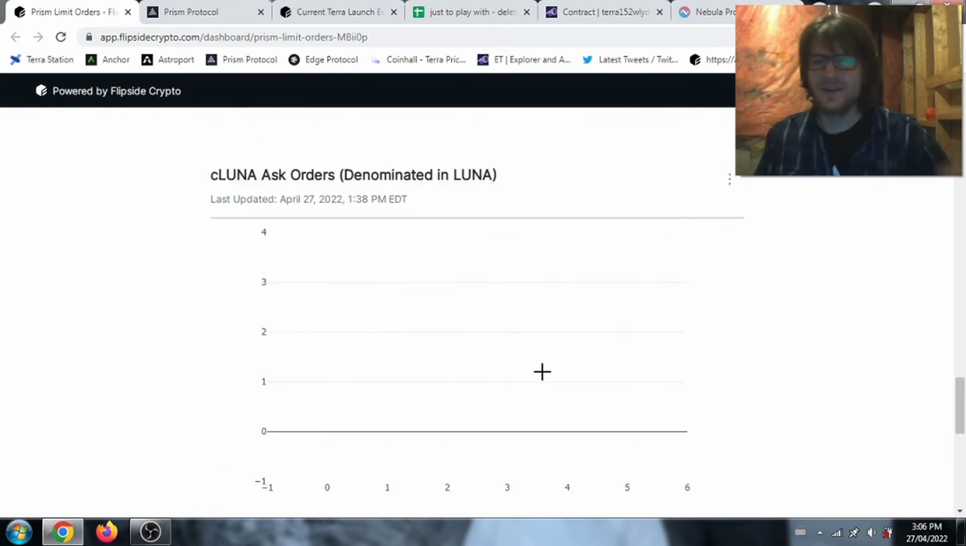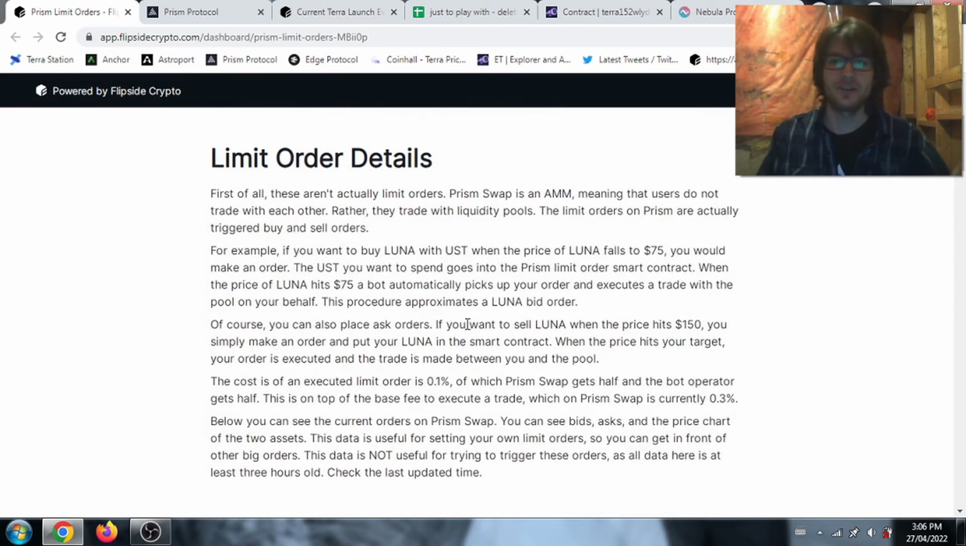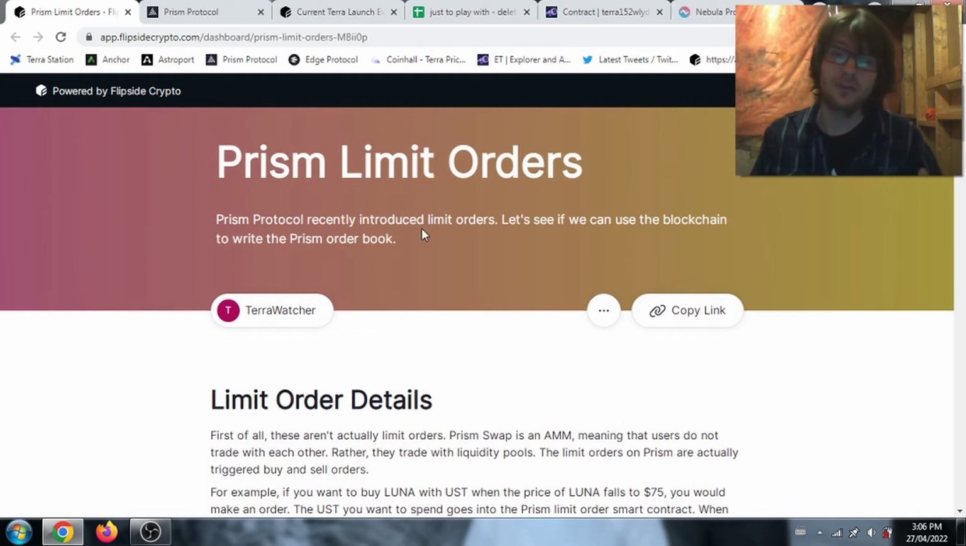And I love that I was able to make these order books. Like I said, I'm going to be building out this dashboard in the future, so you can check back here. This is going to be an invaluable tool for you if you want to play around with Prism Swap limit orders. Okay, moving on. We're moving to the second half of the video right now, which is